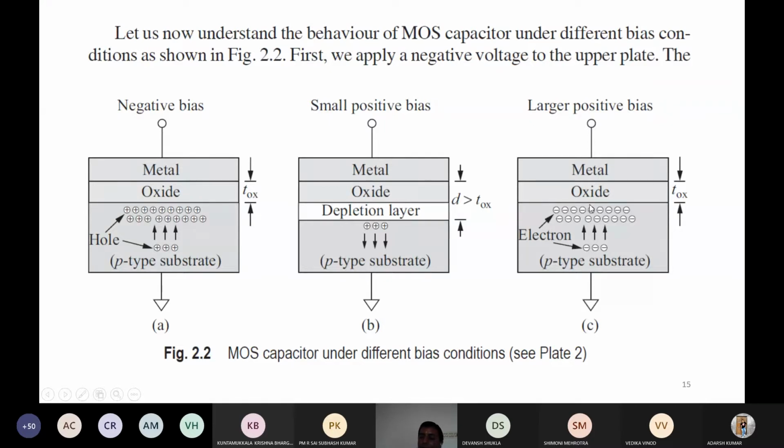So electrons will be accumulated underneath the oxide, near the oxide and silicon interface. Many electrons will be accumulated, and this is the process of formation of the channel. In this way, on the p substrate, a small region having negatively charged carriers, or electrons, is present. So this is the n channel. It is created with the help of a larger positive bias, larger than the threshold